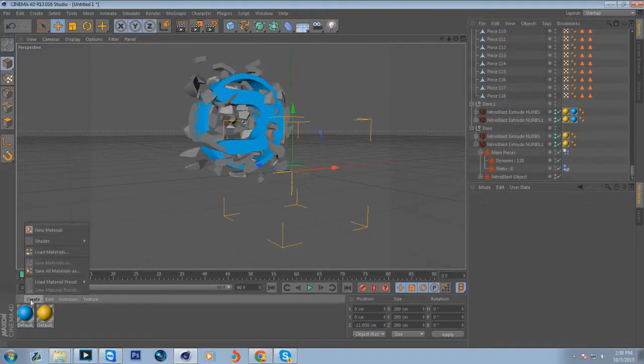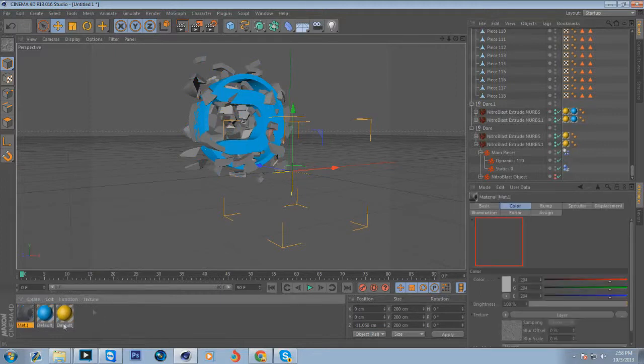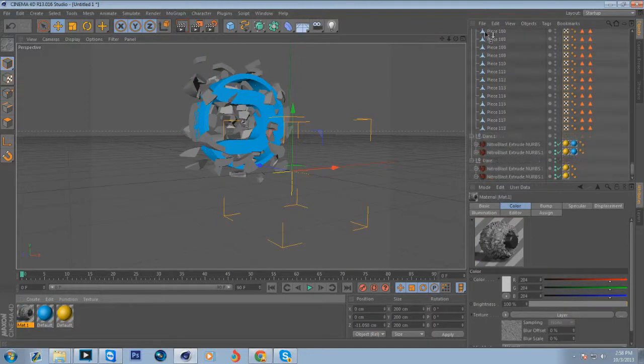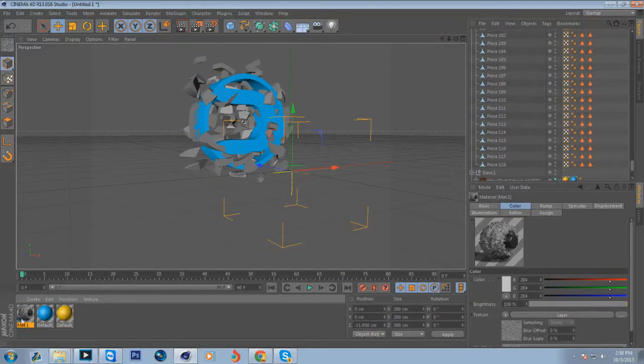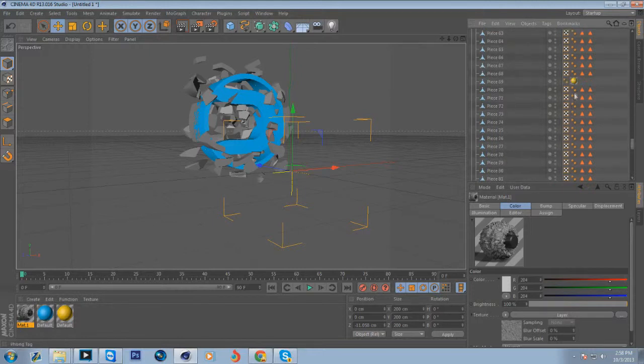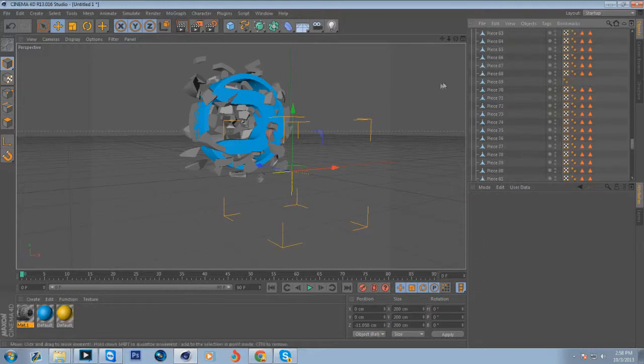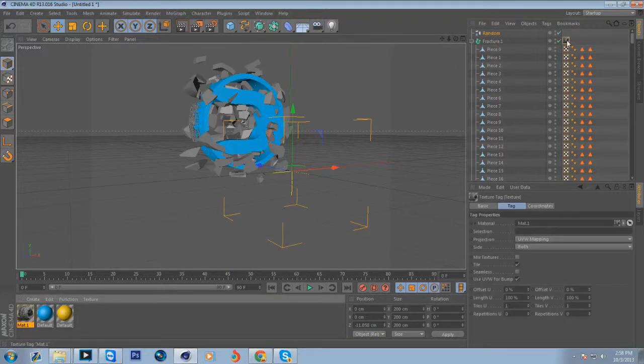And then we're going to add a nice, let's go with matte 1. Now this is kind of like a concrete sort of texture. It's really good, and I love using it. So we can go ahead and delete that too. So now we'll take that and we'll drag it under fracture, and then we will put it right there. And we'll drag it and drag it all the way down. I believe that there's a faster way to do this. I'm just not sure of it. So just do that until